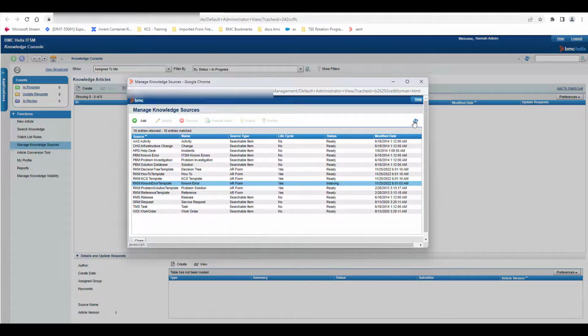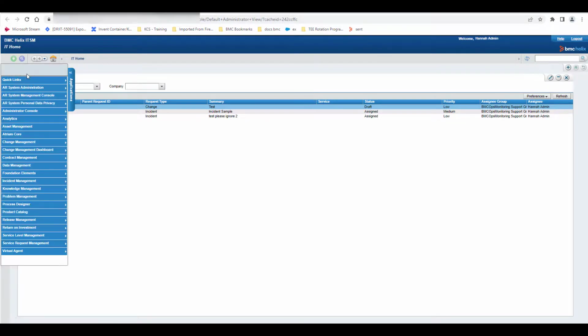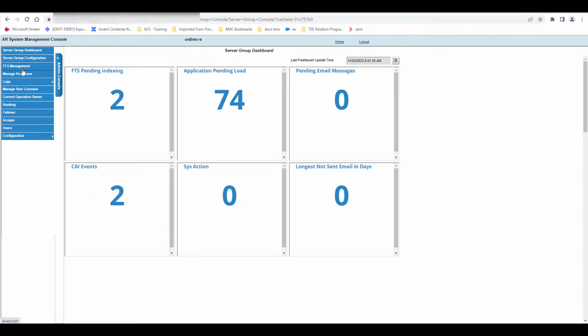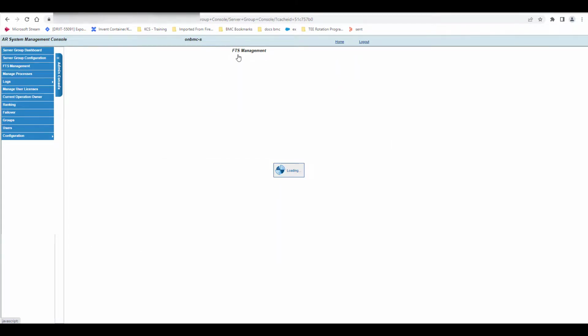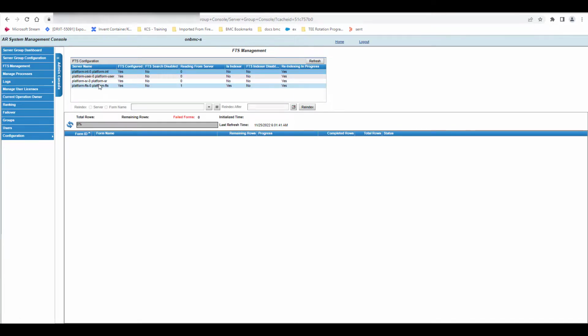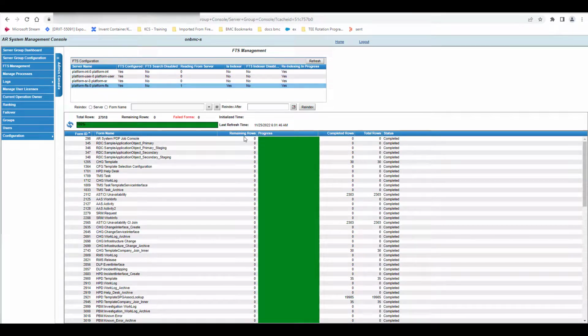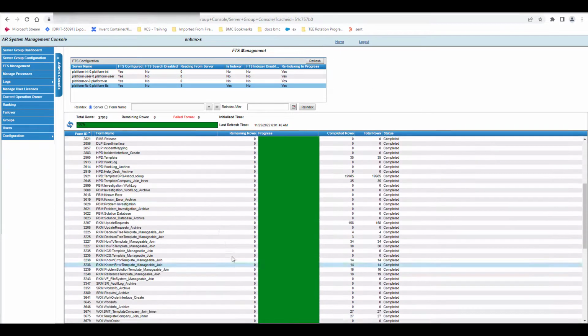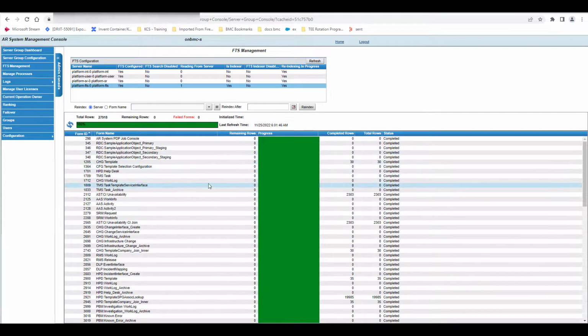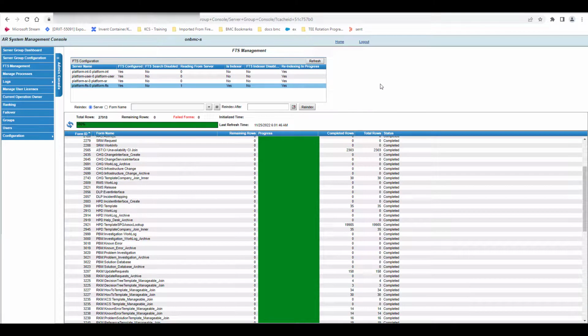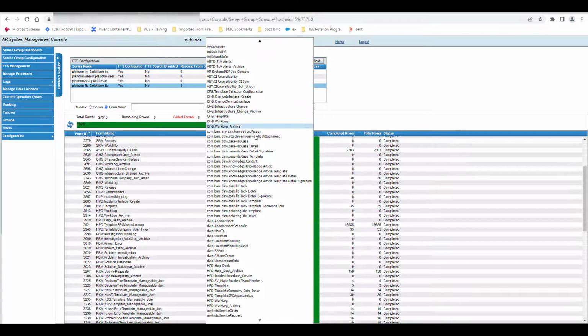Another way that you can perform a reindex is here from our AR System Management Console. Let's go to FTS Management, and let's select the FTS pod or server. And here we can perform a whole reindex that includes all the ITSM and DWP and DWPC forms. Or if we just want to reindex a specific form, we can select the form name option and then select the specific form. For instance, for DWPC services, we got some forms there,